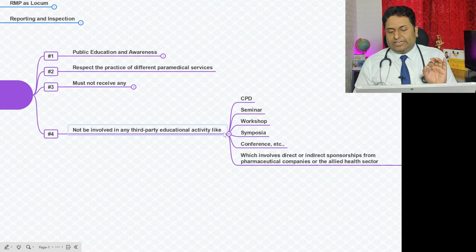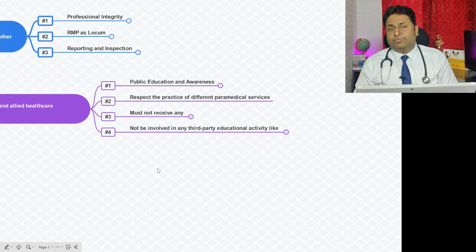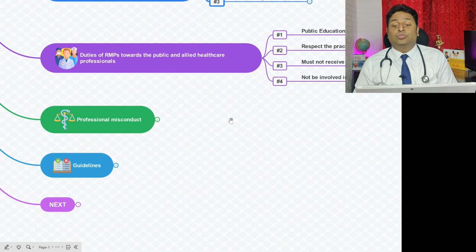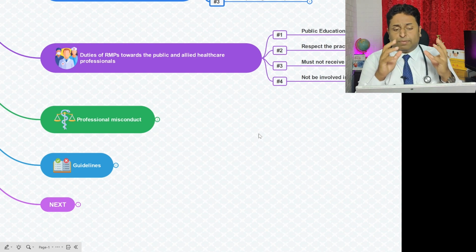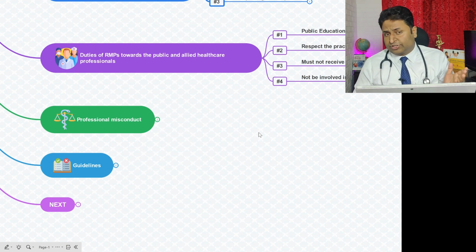Right, so this has to be taken care of, not to take any sponsorships from these pharmaceutical companies to do these educational activities. Okay, so these are the duties of RMPs towards the public and allied health professionals.